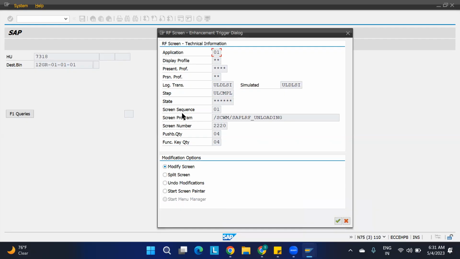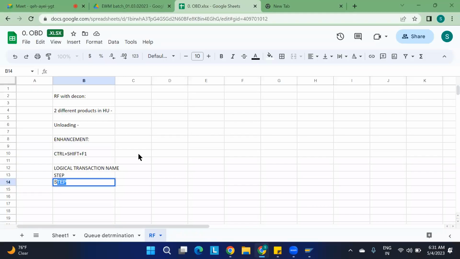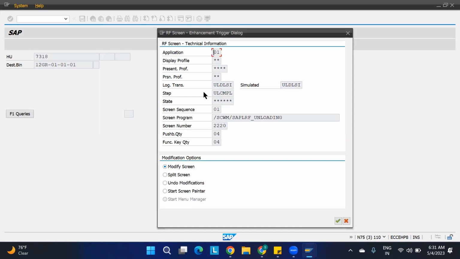Sorry, step is also coming. Screen number is there. Screen program is the next thing. Screen program and the screen number. Okay, these four pieces of information: one is the logical transaction name, second is the step for this logical transaction name, and the screen program and the screen number. These are the four important things which you have to provide to the ABAPer, and you should tell